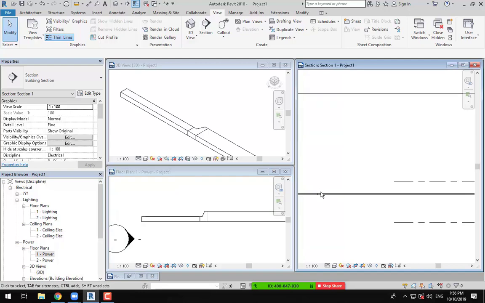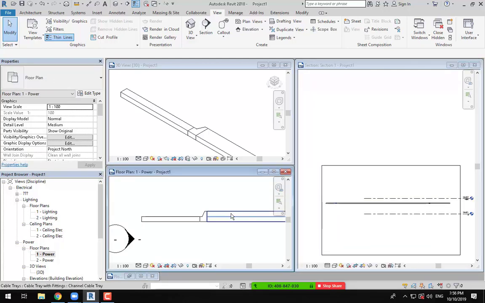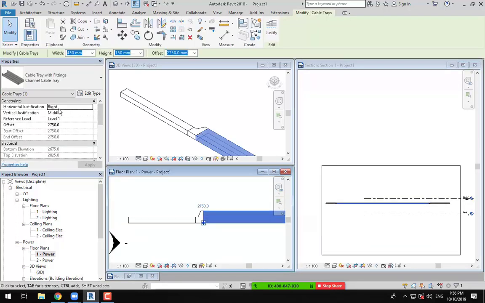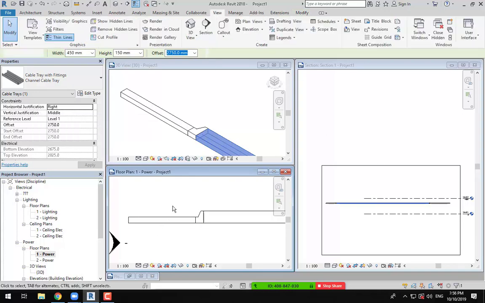Okay, we will continue. So we explained the horizontal justification. What is the meaning of vertical justification? The vertical justification is for the height. It will change the height of the cable tray. For example,